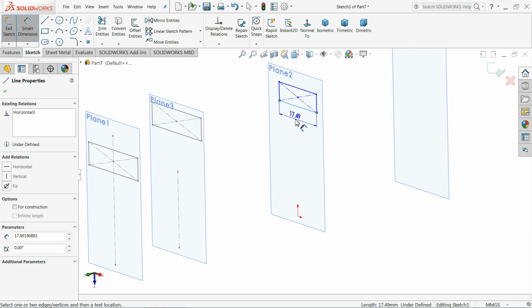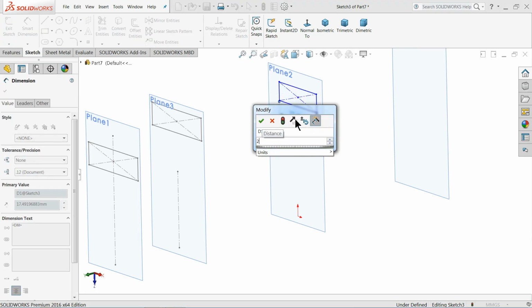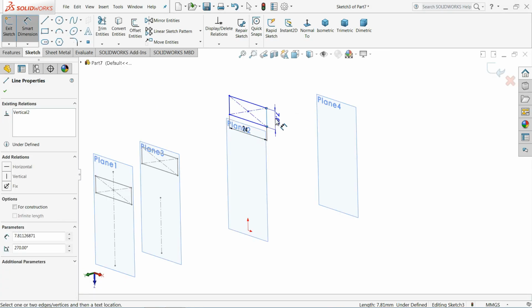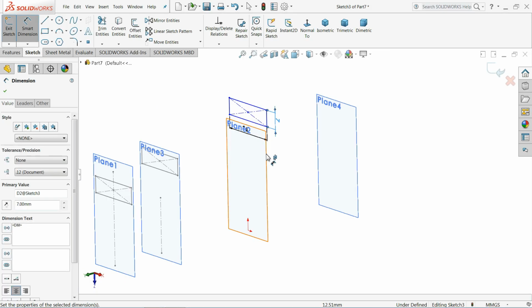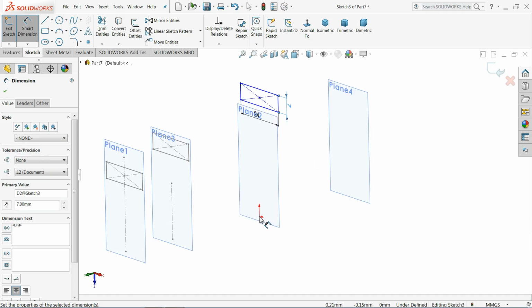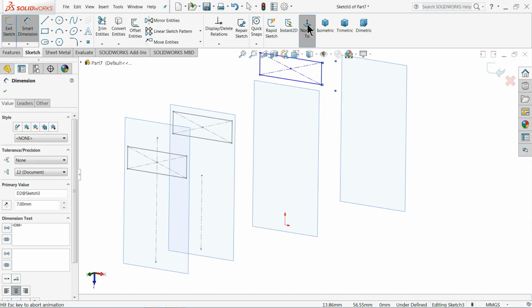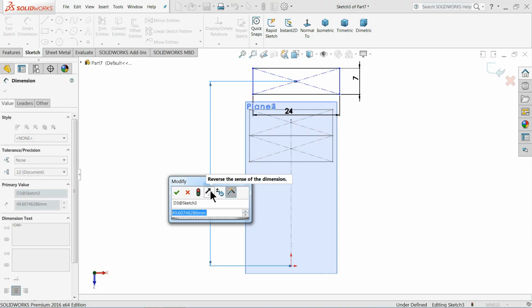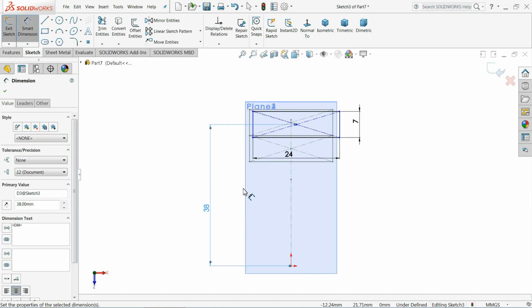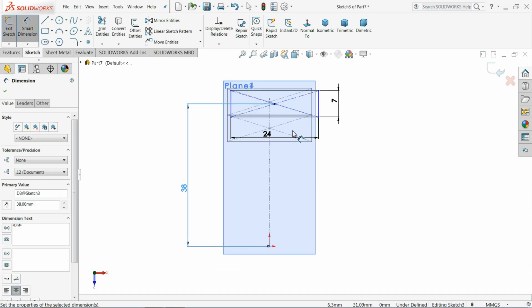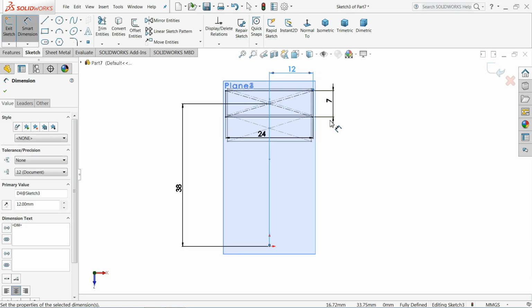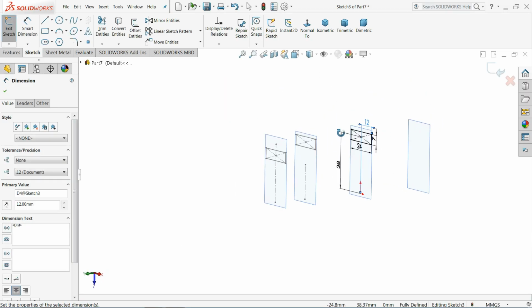Let's define this plane 2. 24 millimeter, 7 millimeter, and the distance from this, let's make distance from origin point 38 millimeter. 24, so distance from here 12, so it comes in center position. Look at this,